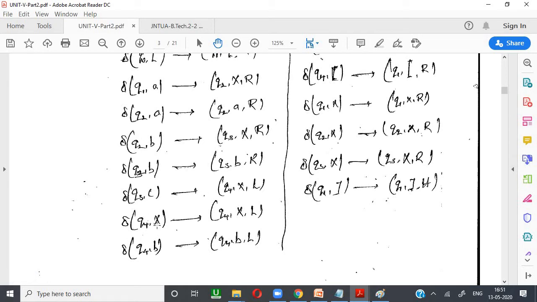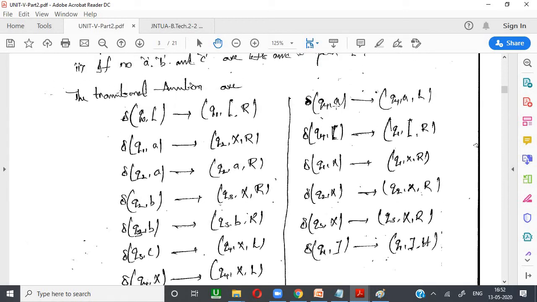So on the left hand side, if I find X, I just keep it as it is and keep moving left. But if I find B, I just keep B and move left again. Why? Because I need to go for A. So again if I find A, I keep A as it is, moving left until the open bracket. If I find the open bracket, then I move right hand side. For what purpose? To find the second A. So if I find X, I keep X as it is and move right hand side.